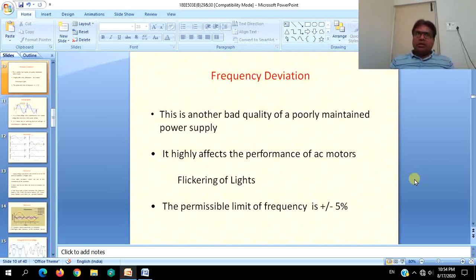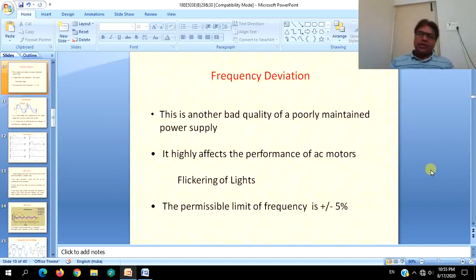That is, the control engineers in the power stations, their goal is to maintain the frequency within 49.5 to 50.5 Hz only,